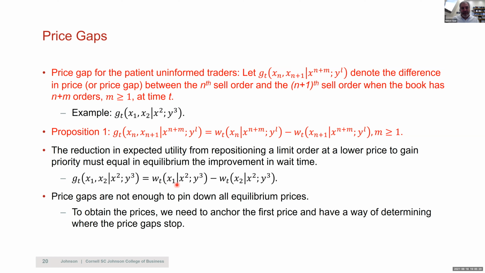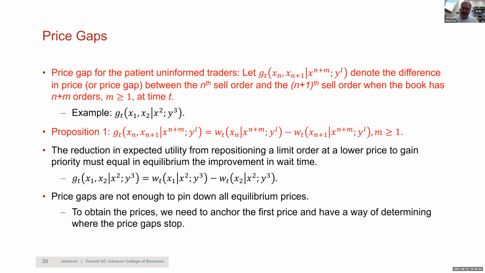If I reprice my order down, so now I'm going to be the ask price, given that there are 2 orders, that difference in wait times is going to be exactly equal in equilibrium to how much you need to give up in price between the 2 orders, right? And so that's kind of the rationalizability argument in Yoni Druso.